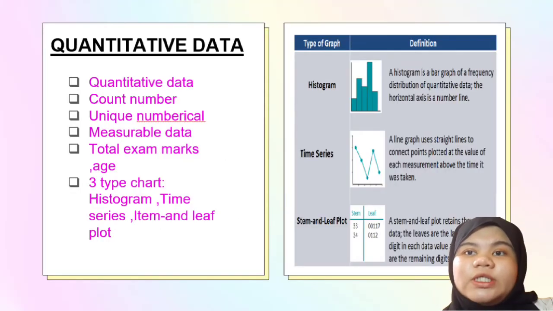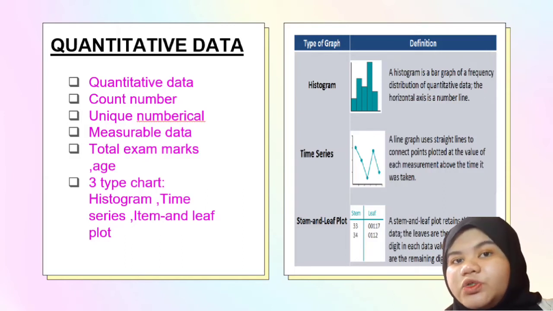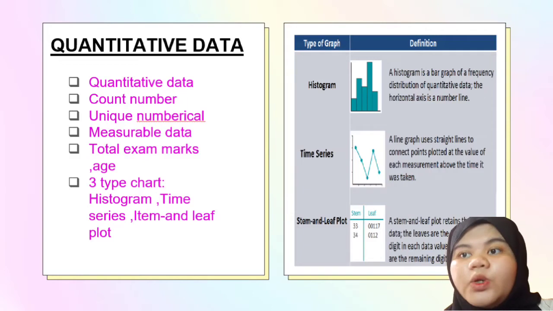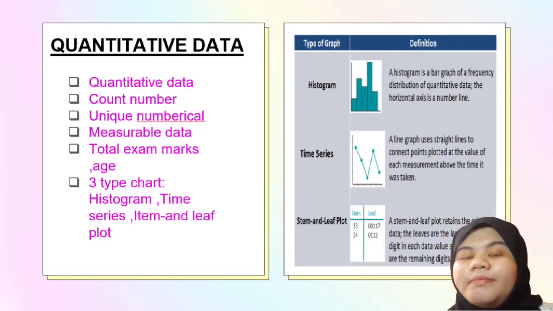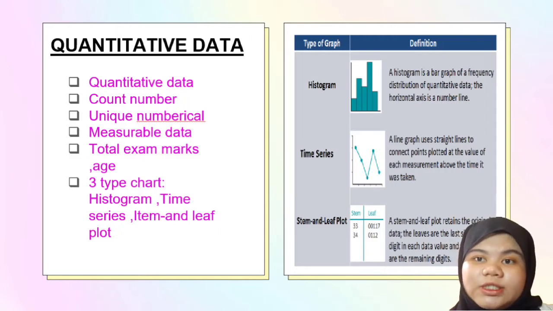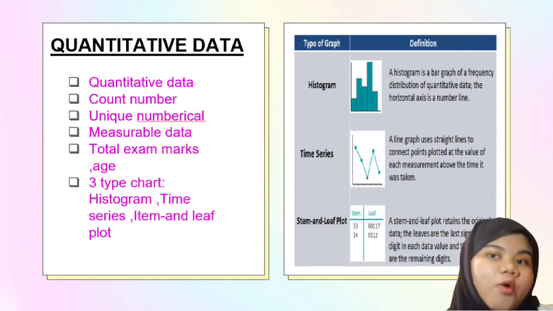Last but not least, quantitative data is data value in the form of count or number, where each data set has a unique numerical value associated with it. This data is any measurable information that can be used for mathematical calculation and statistical analysis, so that decisions in real life can be made based on this mathematical derivative. Quantitative data is used to answer questions such as how much, how often.